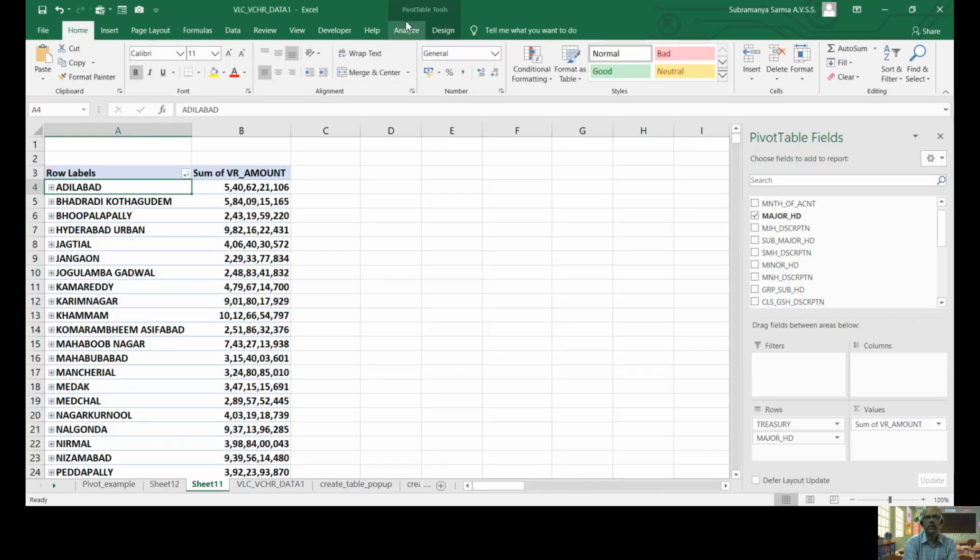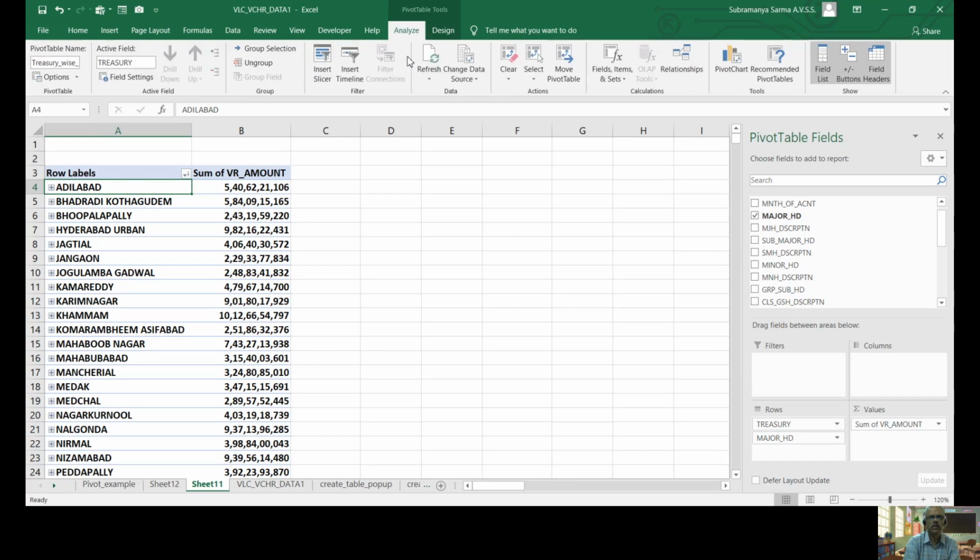Yeah, this is our pivot table. I am clicking this Insert Slicer. The confusion is because the pop-ups won't be visible in Teams. That's why I copied the screenshot and put it in a separate sheet, and I'm showing it to you so that you can understand the concept in a better way, right?